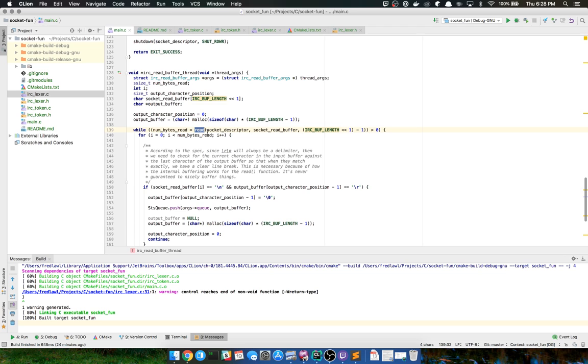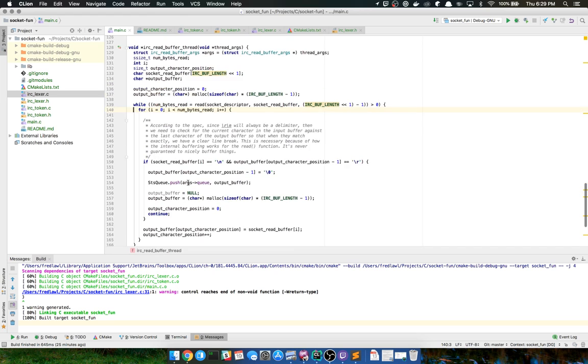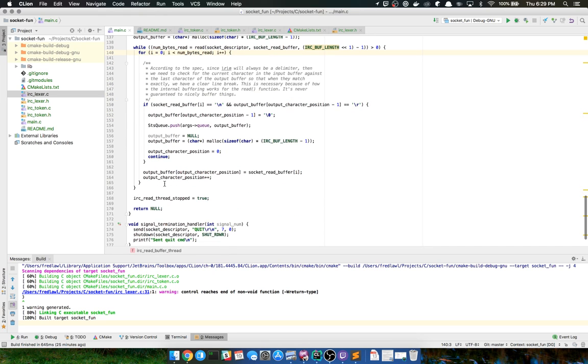So whenever this read returns something less than or equal to 0, then this while loop is going to kill itself. That means that the socket is done reading.